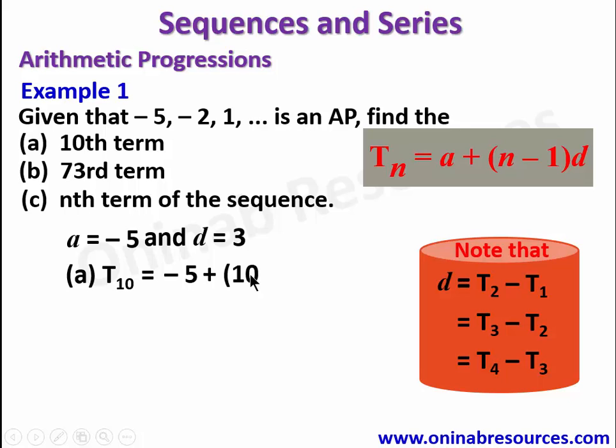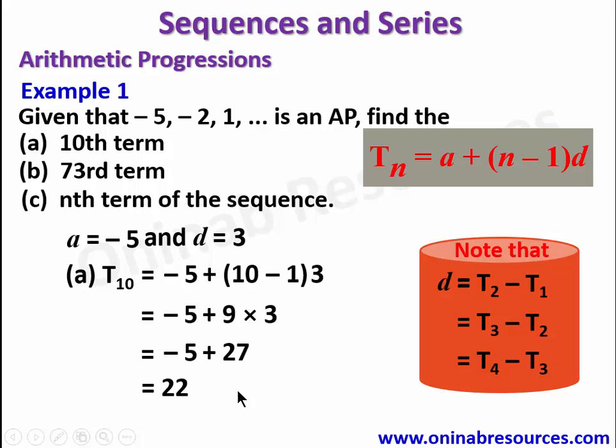That will be plus (10 minus 1) multiplied by 3, since our d is 3. So we start from the brackets. We have -5 plus 9 times 3. So we start with the multiplication. 9 times 3 gives 27. So we have -5 plus 27, and that gives